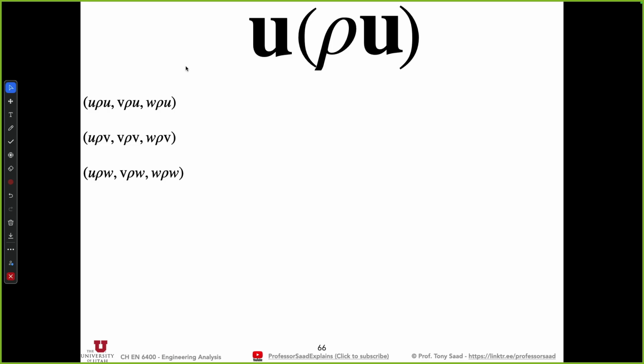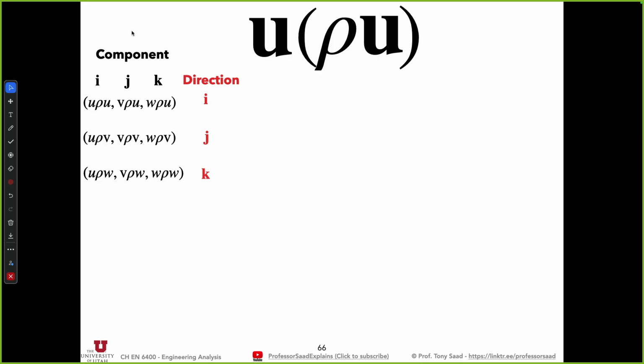I have these three components of momentum. Each component, we're going to agree that they are in different directions. So this would be in the i direction. This is the component for x momentum, right? In the i direction, in the j direction, and in the k direction. And each direction has i, j, k components. So you can look at this either column-wise or row-wise. Column-wise, u rho u, u rho v, and u rho w, they are the advection in the